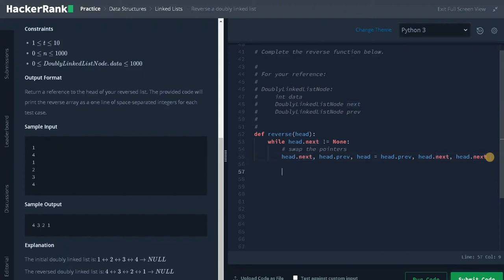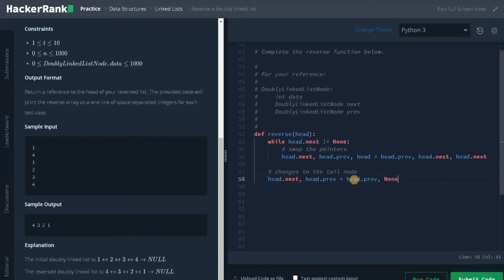Now, after swapping the operation, we need to make changes for the head pointer. Changes to the tail node. That is head.next and head.previous equals head.previous, comma, None.